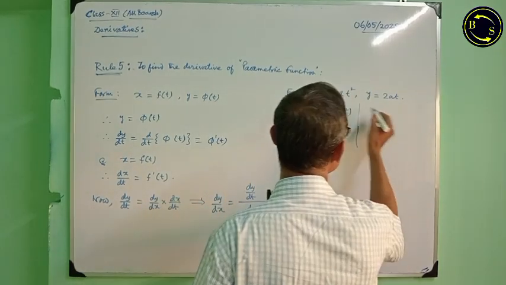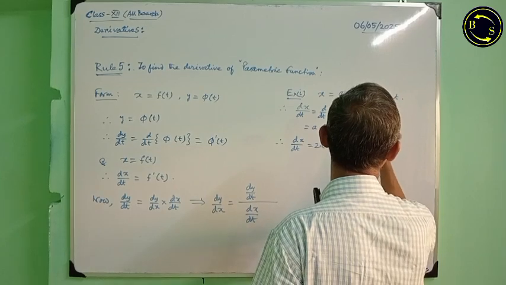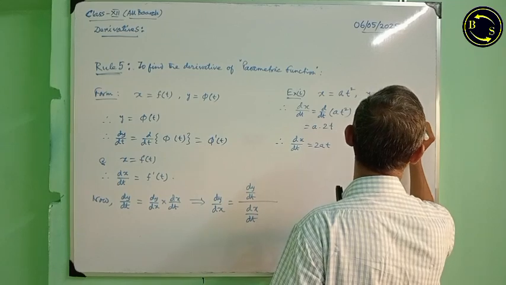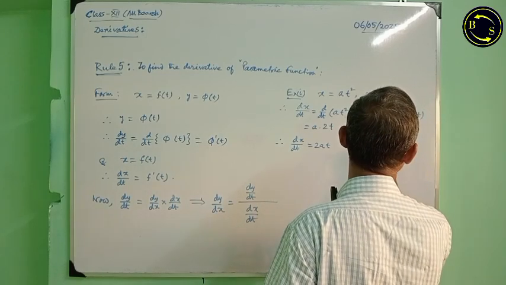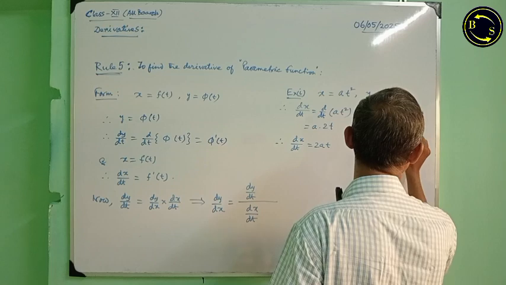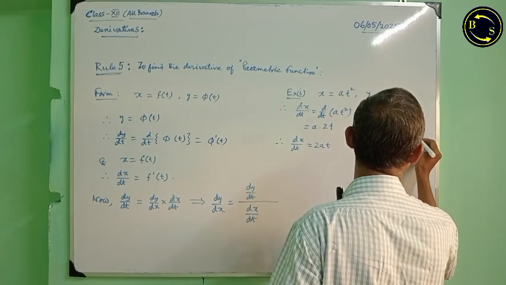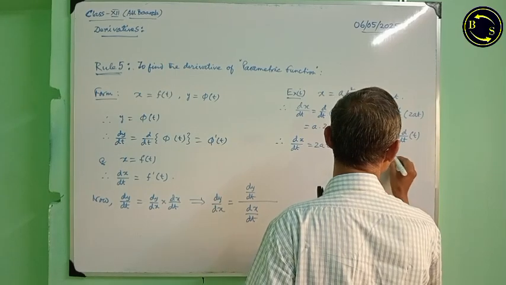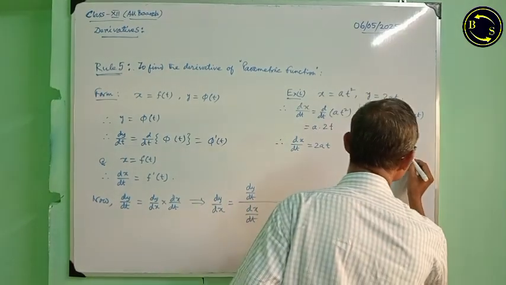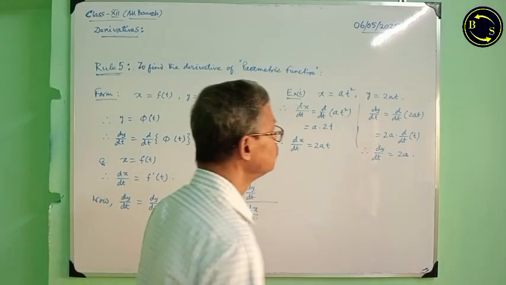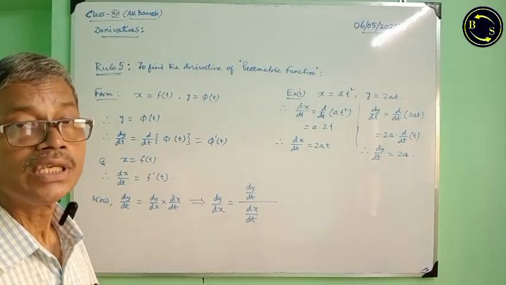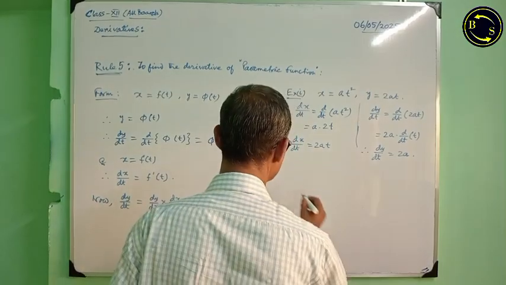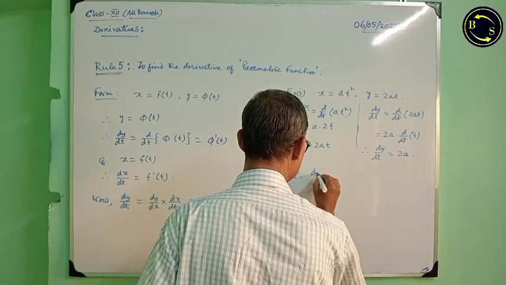Now on the right side I find dy/dt, d/dt of 2at. 2a is constant, therefore 2a into d/dt of t. Therefore dy/dt is equal to 2a. dx/dt found, 2at, dy/dt found. Therefore dy/dx